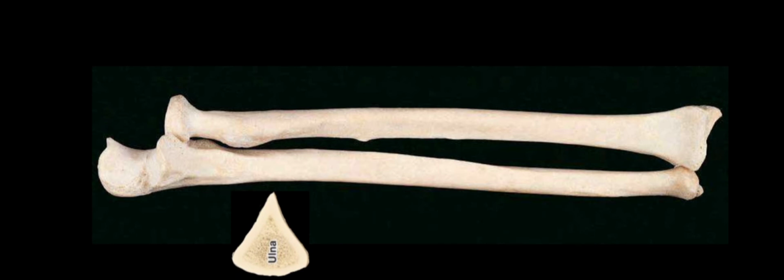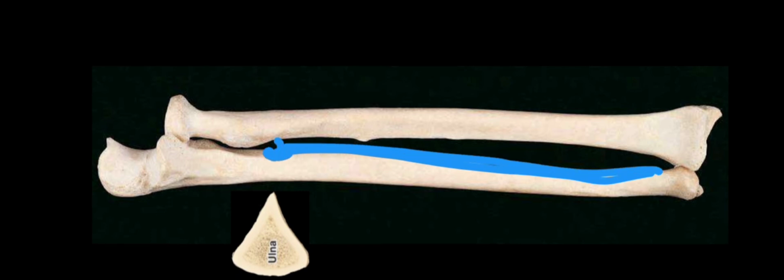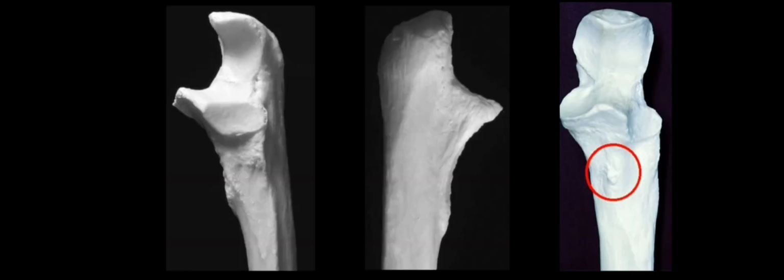Next, the lateral border. It is the sharpest border and gives attachment to the interosseous membrane. It extends from the supinator crest and below up to the lower end. Next, the posterior border,